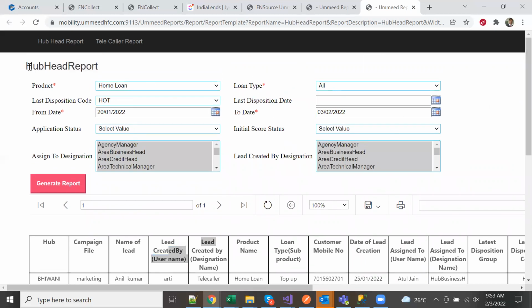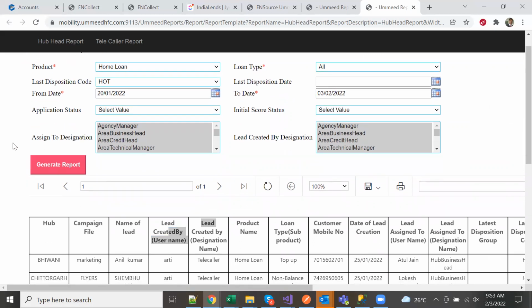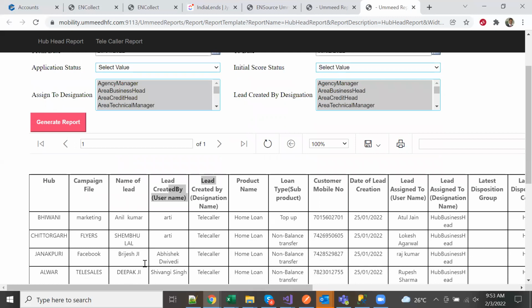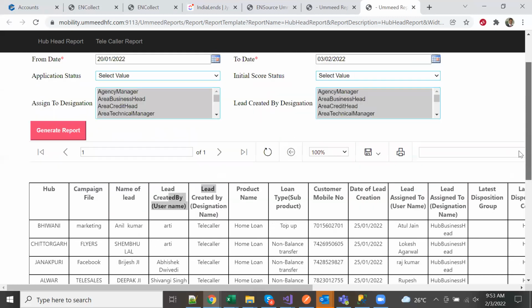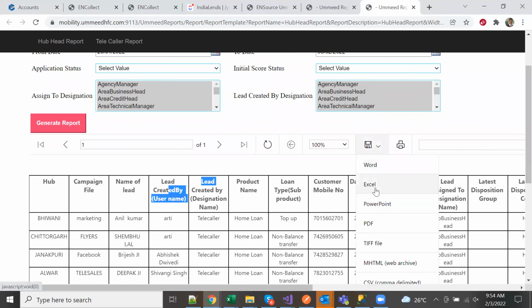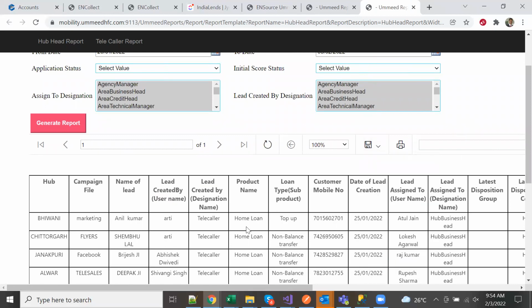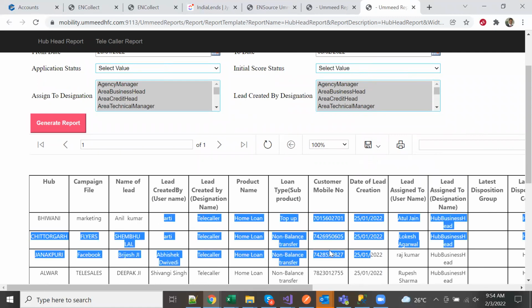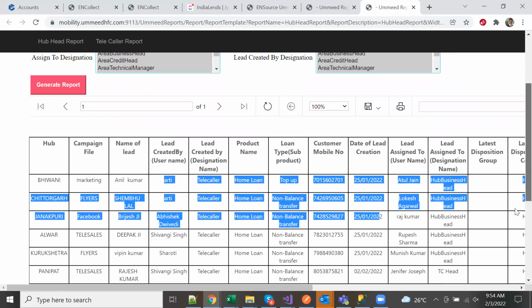It's like normal .NET code which has all these drop downs, and the values selected are passed on to the stored procedure, and the stored procedure through the RDL file passes it on and gets it into the report view. So this is the report. And another thing you can do in a report is export it into Excel. These are all more of a tabular form of reports, where data is coming in like this.